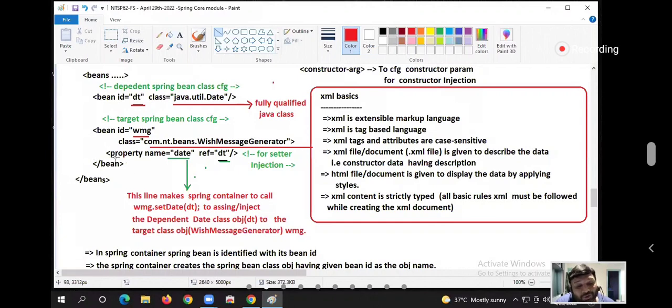You repeat the property tag multiple times. Suppose there is one more property called XYZ. One more time property name is equal to XYZ, ref is equal to another Spring Bean class object ID, nothing but Bean ID.